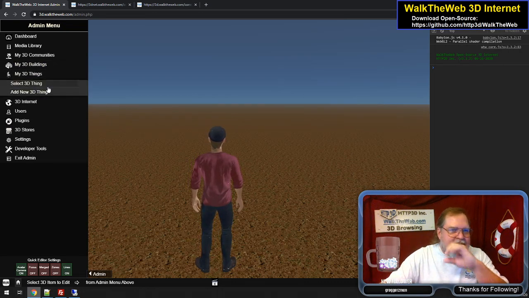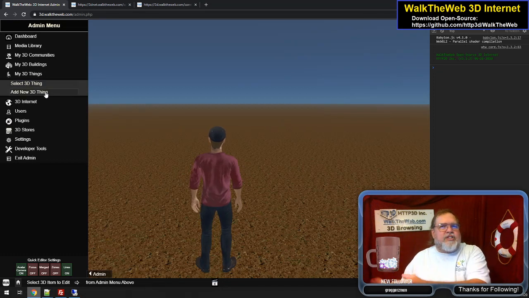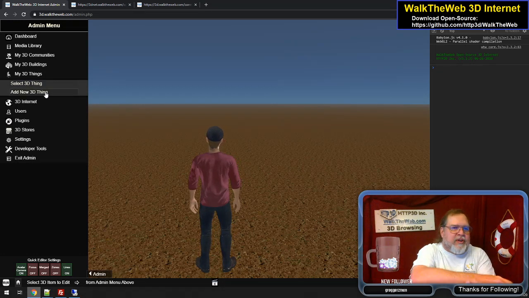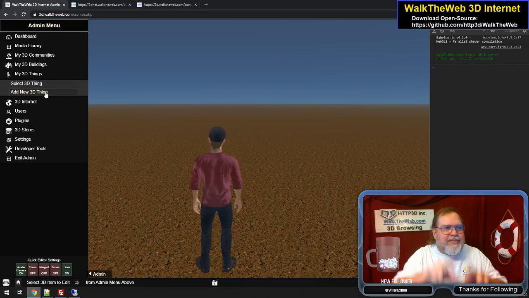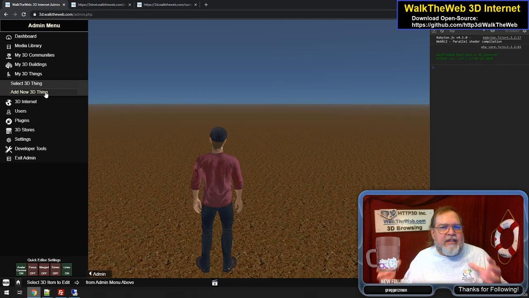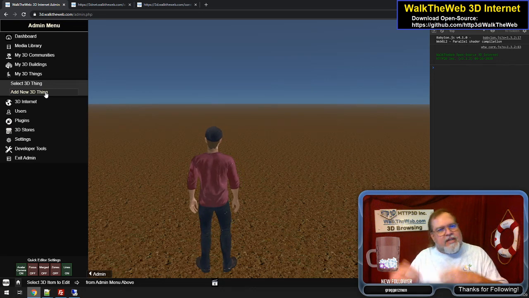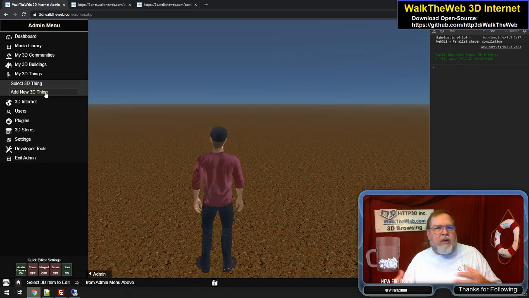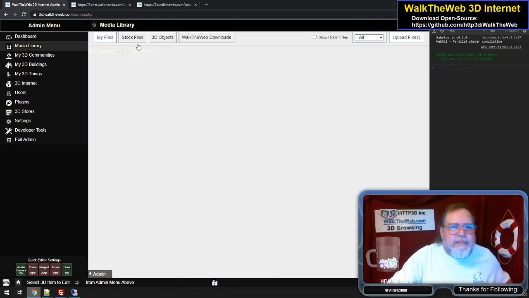And what 3D things are is any object that you would put into a building or into a community. I've wrapped them this way because these items have the action zones telling it when to load something, when to not load something, or when to unload it as you walk away. But yet I have in the media library